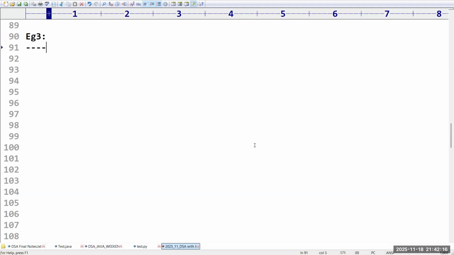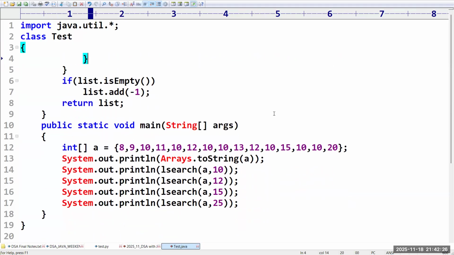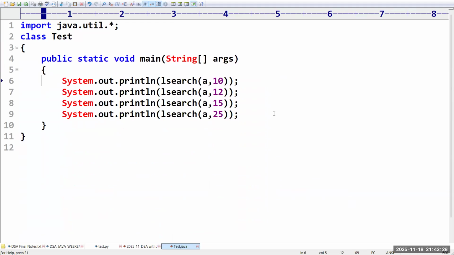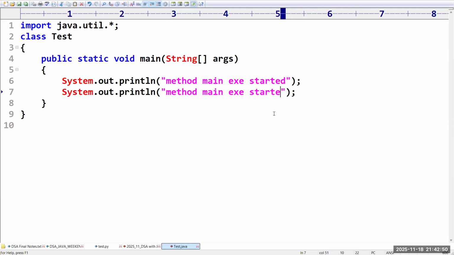The third example I'm taking here is a simple Java program. Inside this, I'm going to take as usual one SOP, System.out.println in the main method. Let me change the message: method main execution started and method main execution ended.